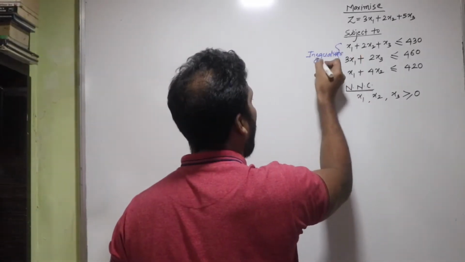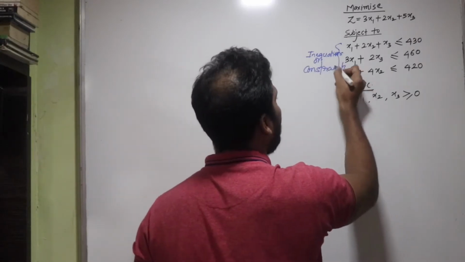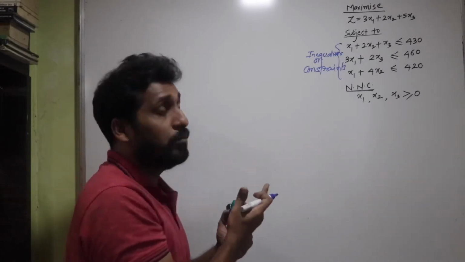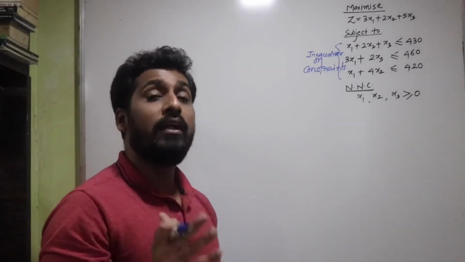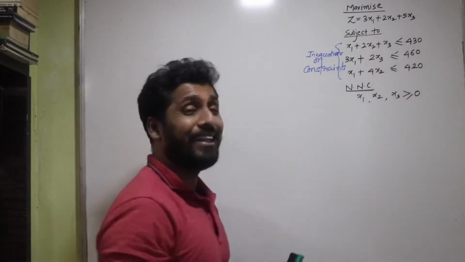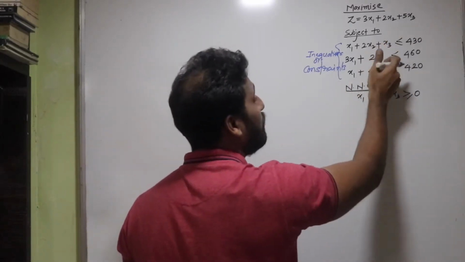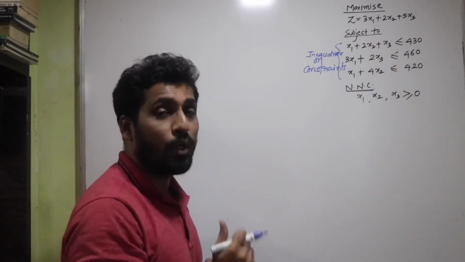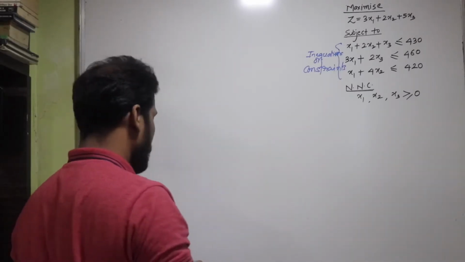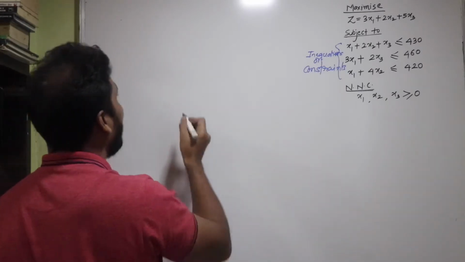Isn't it? Or we can call them constraints. These constraints are all of less than or equal to type, and then there are three subjective functions. That means I will need three slack variables. They are having something less, so they are in slack, so I'm going to add variables over there. So these subjective functions, if they need to be written in the standard form, I can write them as